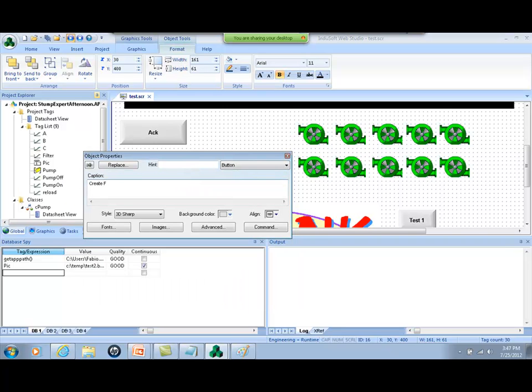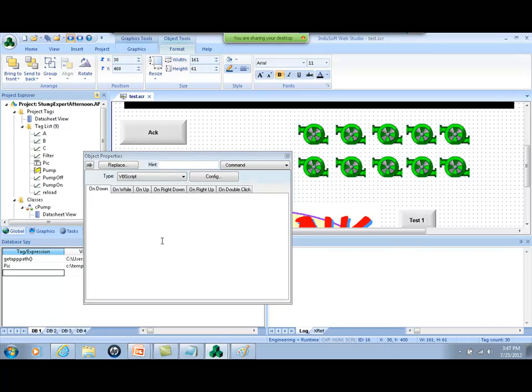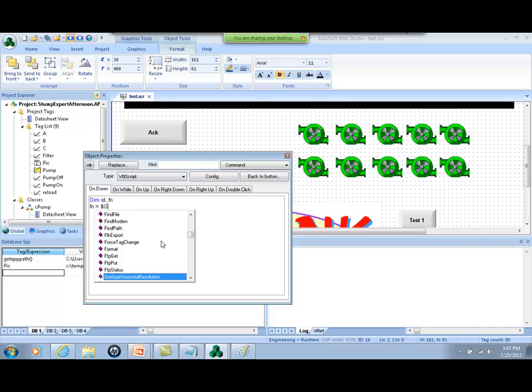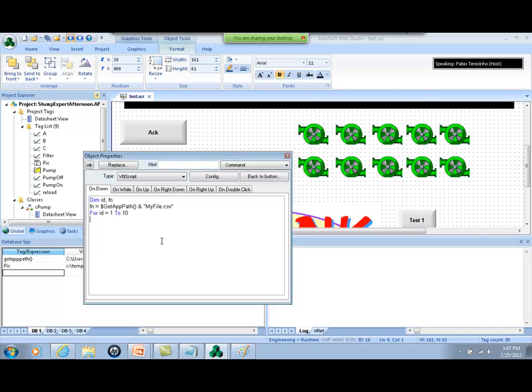So let's say create file. I can create here a variable called ID, another one, filename. First I'm going to define the filename. I'm going to use GetAppPath, which returns the current path of the application, and myfile.csv. And then, for instance, for ID equals 1 to 10, next, do something like